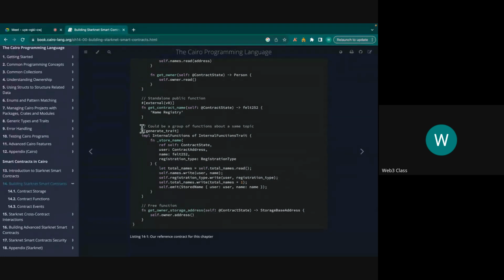Okay. Now this is a private function, an internal function. Now with internal functions, we have something called generate trait. When you pass this flag and you call generate trait, you know what this external trait flag does, right? It makes this function external. This generate trait, what it does is